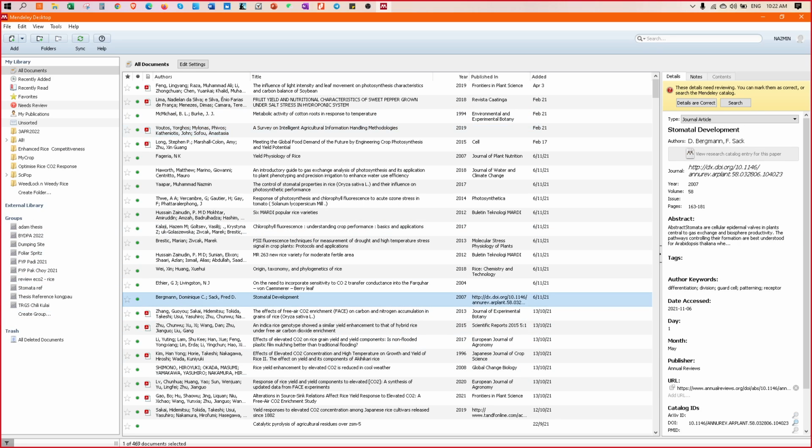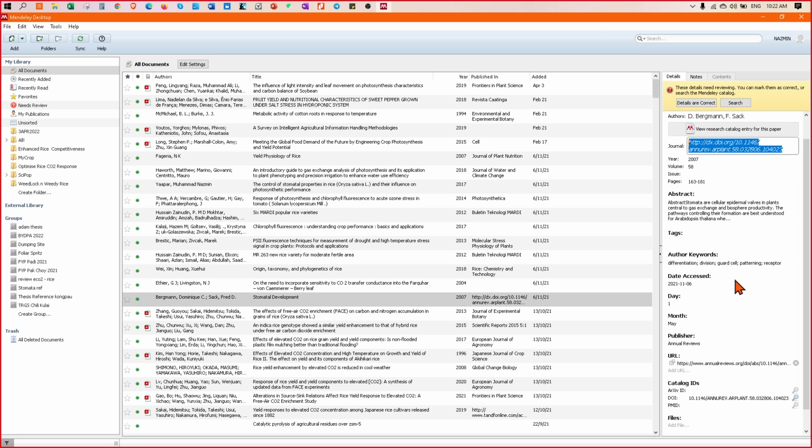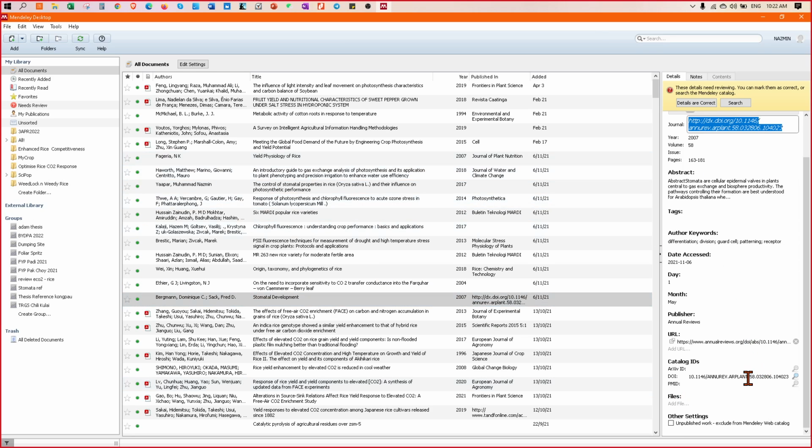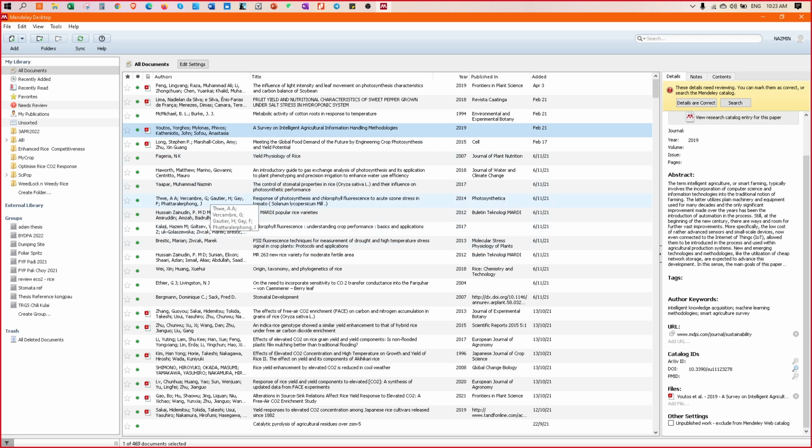For example, this one here, the one that I highlight. This actually is incorrect because it's not published at this URL link. Actually, this was published in a journal, so I need to correct this. The name of the journal is not a link. You need to correct this by going back to the original link. Sometimes you need to correct the names of the authors. They are all in capital letters and so on.